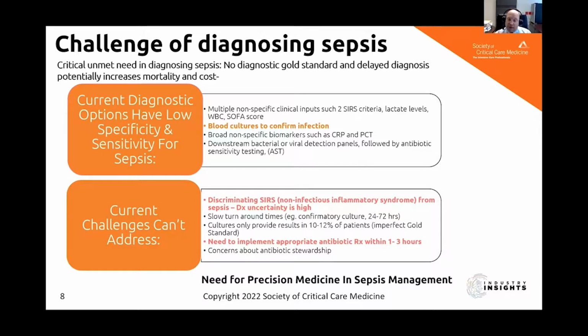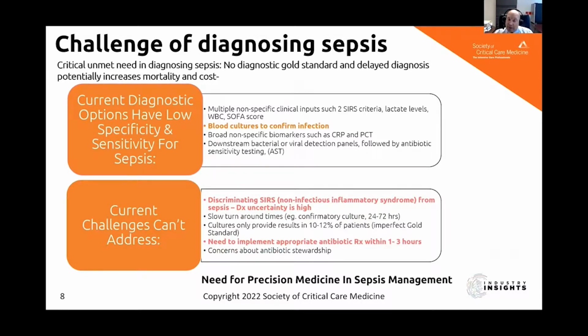And we can't rely on positive blood cultures. First, positive blood cultures can exist in patients who are not septic. Second, we know that of septic patients, less than a third have positive blood cultures, and other biomarkers such as CRP, procalcitonin also lack specificity. And even if we look at any positive culture, we realize that that is not the be-all, end-all answer, since a lot of our sepsis patients do not have positive cultures, and even a positive culture doesn't tell us antibiotic sensitivity testing results. So we are left with a conundrum of how can we make a timely diagnosis and start